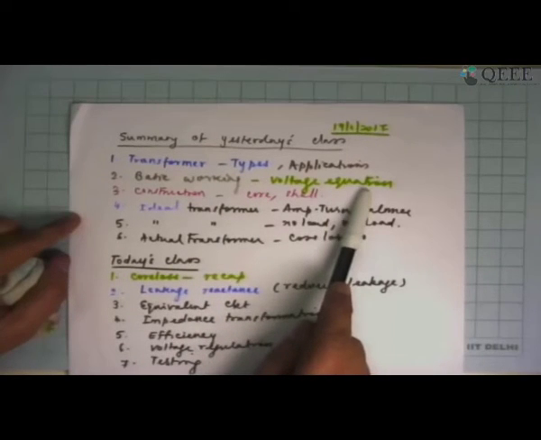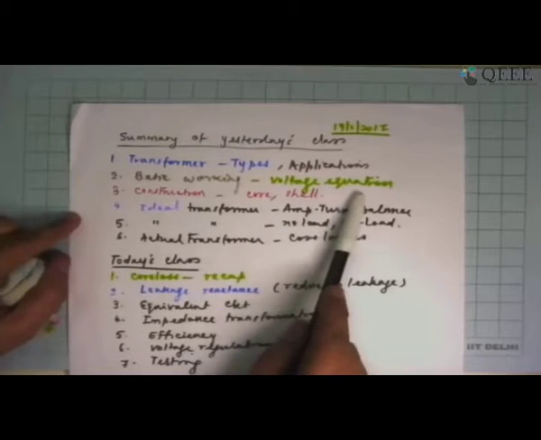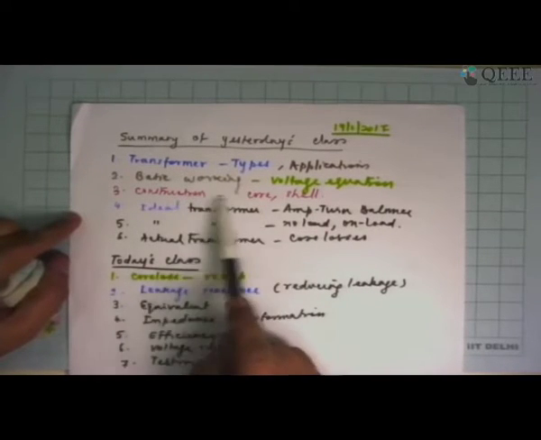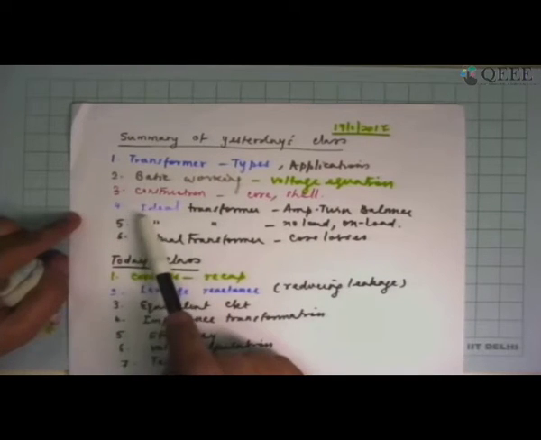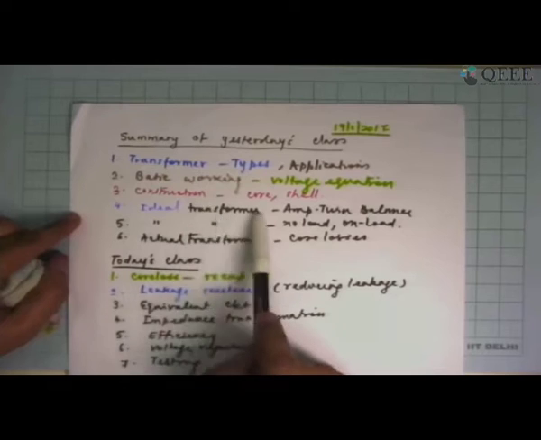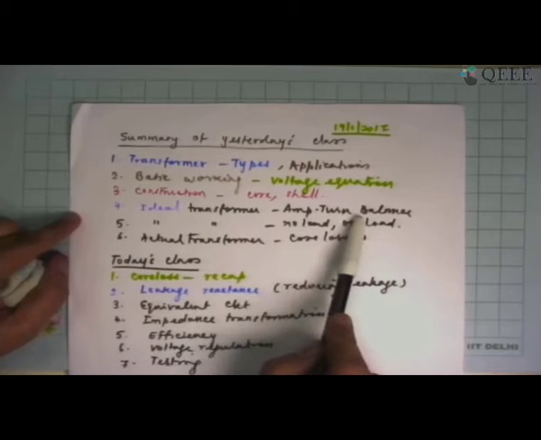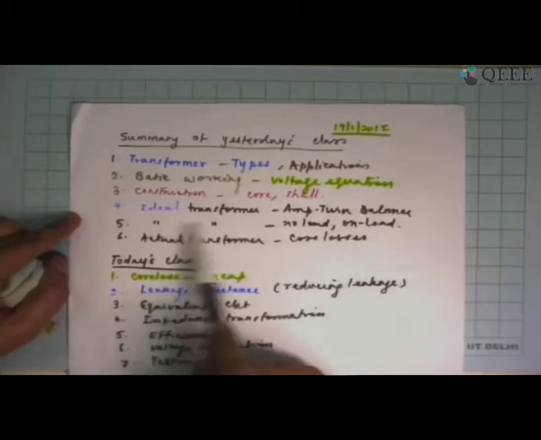had derived the voltage equation based on that, where we said that the flux density or flux is proportional to the voltage to frequency ratio. We had taken a look at the construction, core type and shell type transformer. We had also looked at how exactly an ideal transformer functions, what happens when a load is connected on the secondary side, so how the ampere turn balance takes place between the primary and secondary.